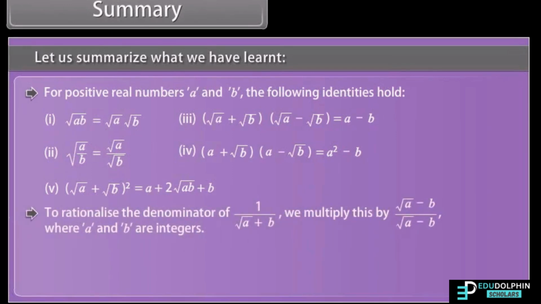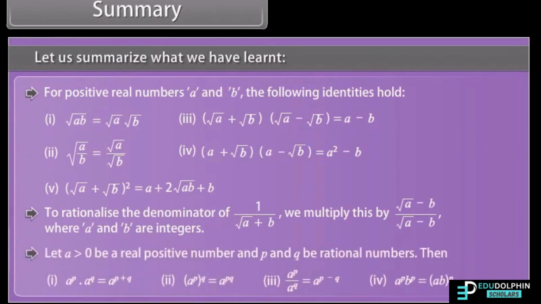To rationalize the denominator of 1 upon root a plus b, we multiply this by root a minus b whole upon root a minus b, where a and b are integers. Let a be greater than 0, a real positive number, and p and q be rational numbers, then